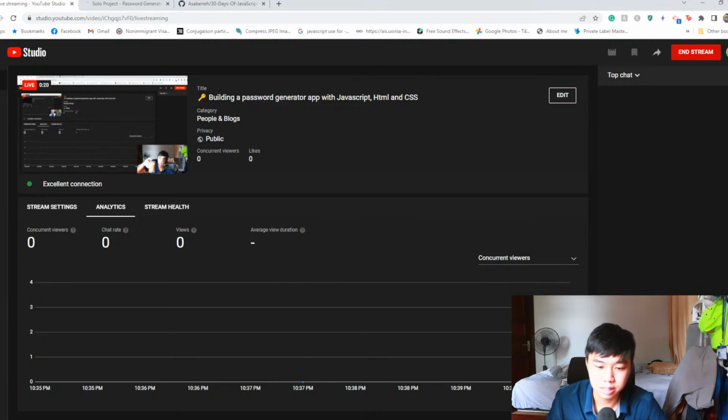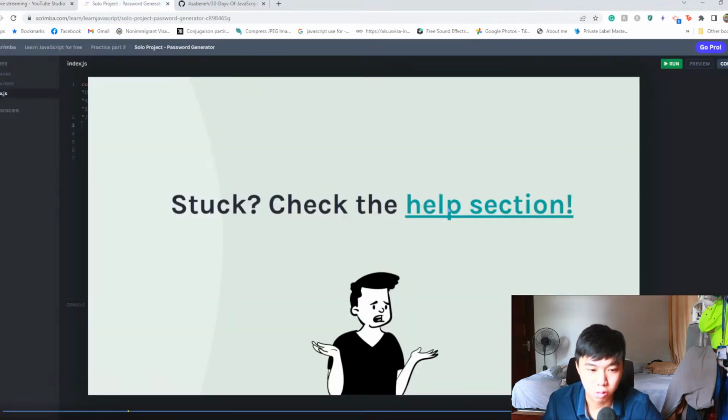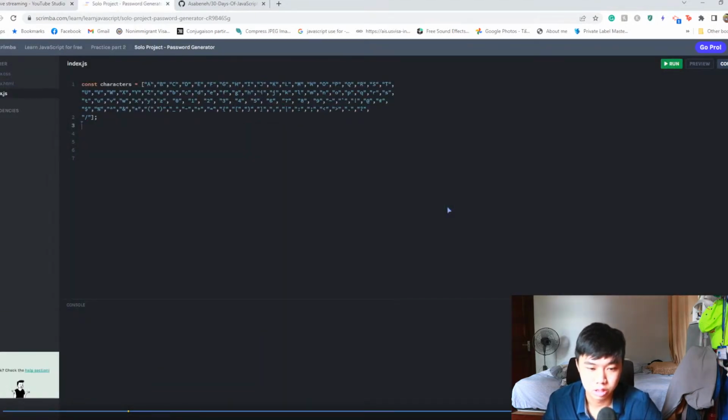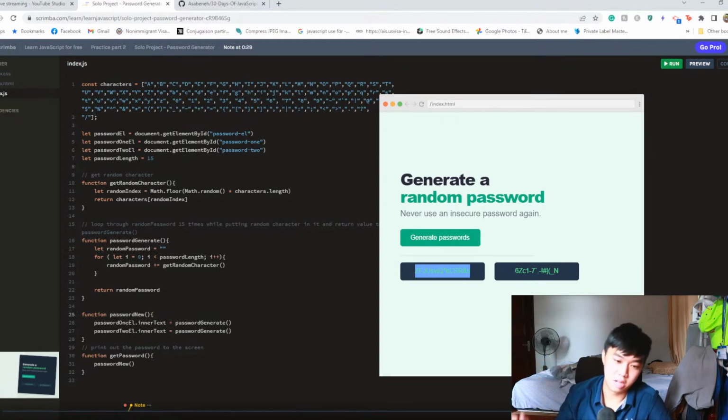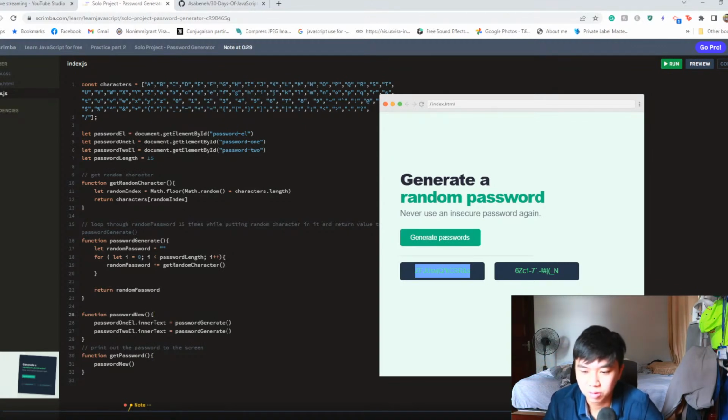But let's go to the code. So I finished the password generator. I did it on my own, a lot of it actually. From that day till today is like 1.5 days. I basically just needed to figure out